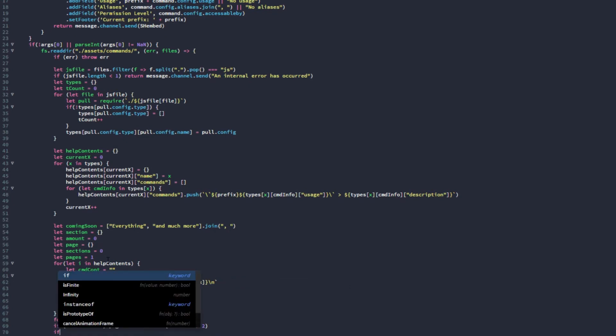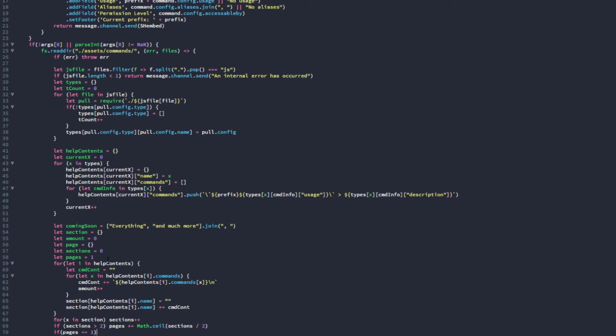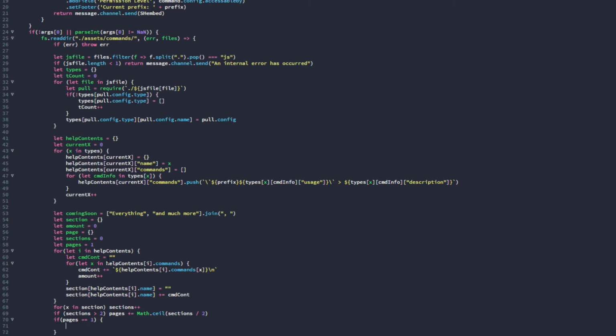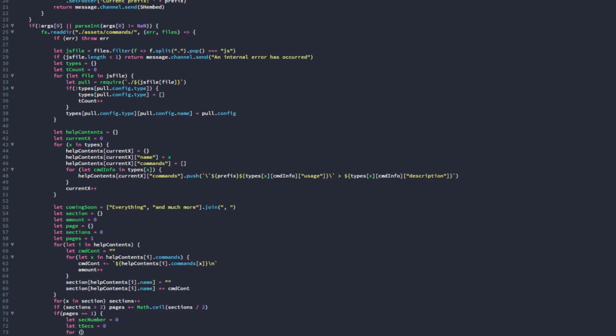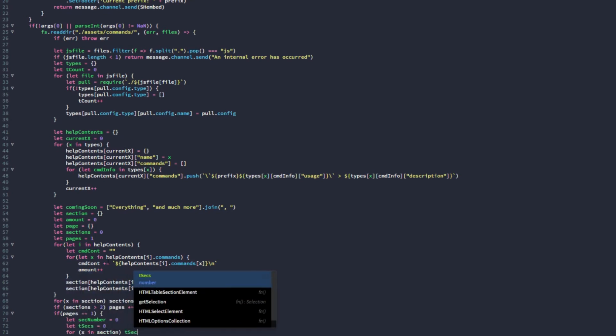And then if pages is equal to 1, then this is the fairly easy part, I'd say. What we're going to be doing now is basically a lot of embed making, and for at least this one, we're going to make an embed, and then after that, we're going to have to create a bunch more stuff, which will generate the rest of the command. So we're going to let sectionNumber equal 0, and then we're going to let tsex equal 0, for x in section, tsex plus plus,